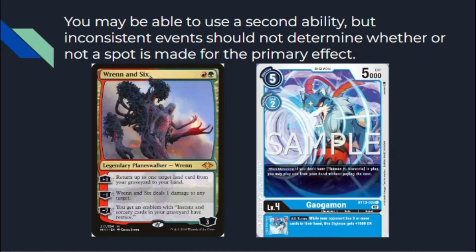Now, you may be able to use a second ability, like Kaya with a 2k counter, as well as being able to draw more cards. You may be able to use a second ability, but inconsistent events should not determine whether or not a spot is made for the primary effect. Meaning, if the card, let's say Renin 6 here,